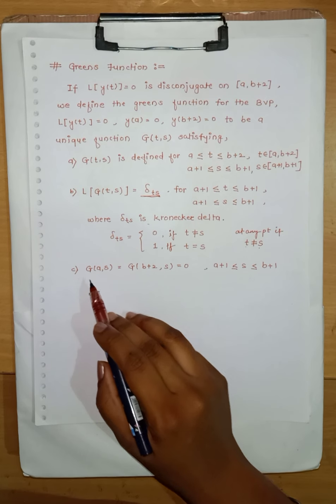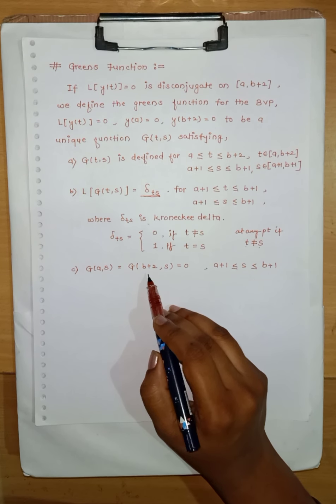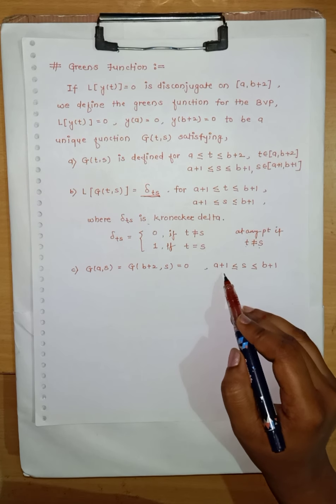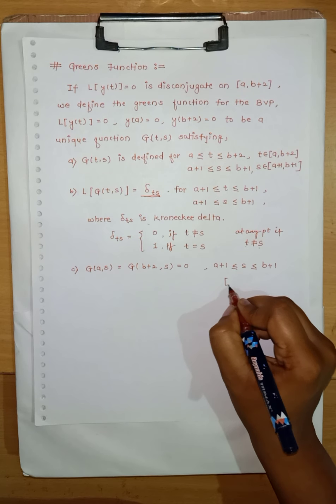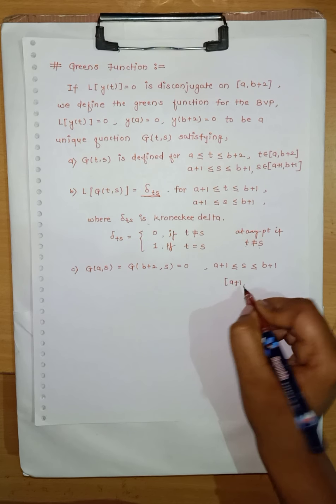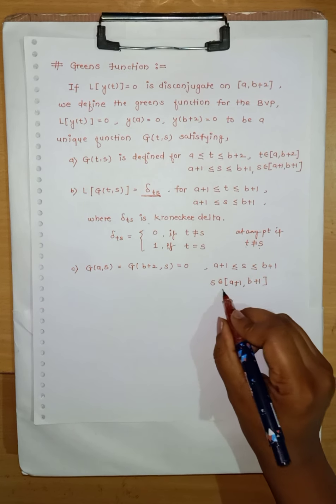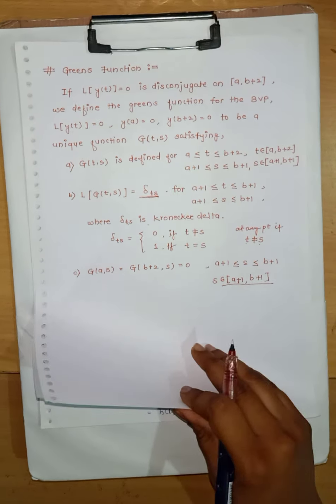The third one is g of a, s equals g of b+2, s equals 0, where a+1 ≤ s ≤ b+1, that is, s belongs to the closed interval [a+1, b+1]. So this is the introduction of Green's function. Let's see the